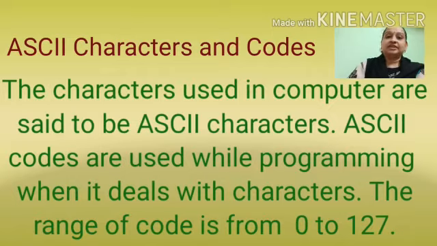The ASCII characters are the decimal number represented in 7 binary digits. The range of the code is not as large as compared to Unicode, but the ASCII code is available only for a limited range of characters ranging from 0 to 127. So let's see what are the different types of ASCII characters and what are its code.